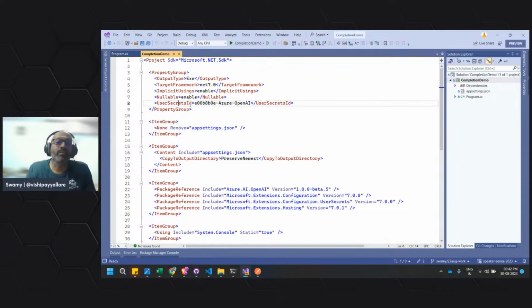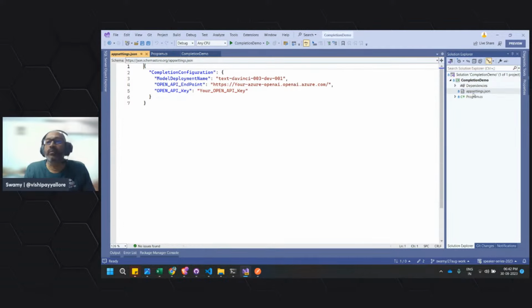That user secrets id is specified over here, and that means this is outside my source control. So even though I keep any secret, it will be stored there. At this point in the app settings, I have only these items, but the real key is available in the secrets.json. So it is better to use secrets.json.